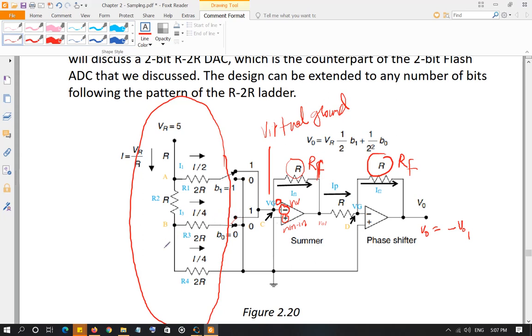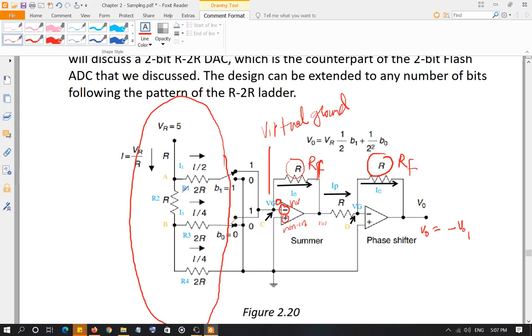So I can replace these two, R3 and R4, by R only, connected between node B and ground or virtual ground. Now this R is going to be in series with this R, because whatever current is flowing through R is just going to be, if I replace these two resistors by one resistor, that current is just going to flow through that resistor. So this R and this R are going to be in series. That will produce 2R, right? So I can remove R2, R3 and R4 and put a 2R connected between node A and ground or virtual ground.